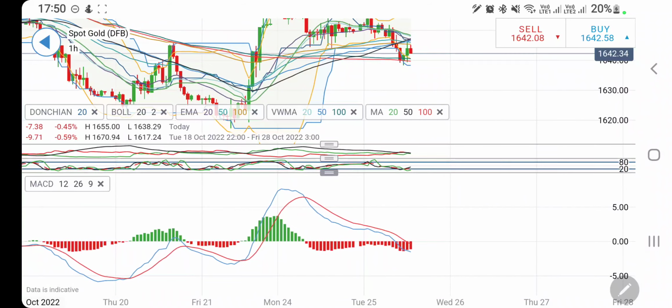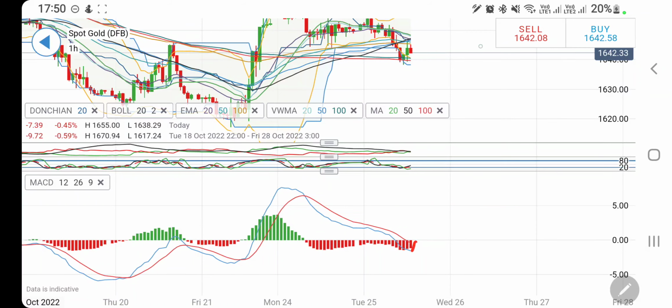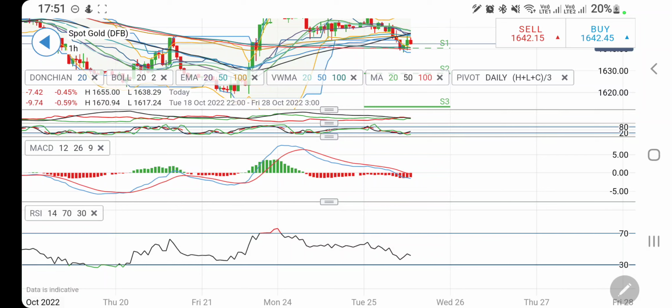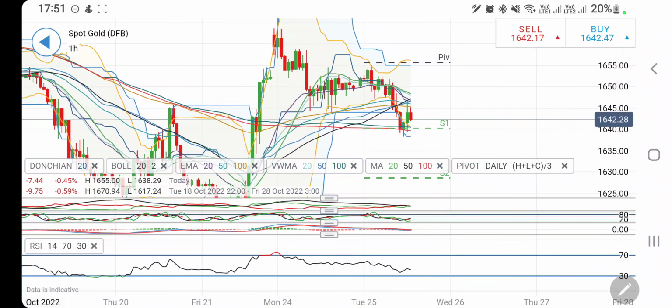Stochastic, which was oversold, is now trying to bounce back. The MACD is still trading bearish and trading with divergence, and the RSI too is trading bearish so far, and hence you have to trade with caution. Sell only once you see it trading below 1640 levels. Now let's have a look at